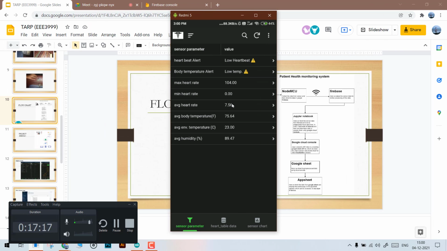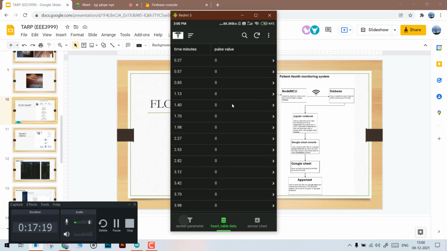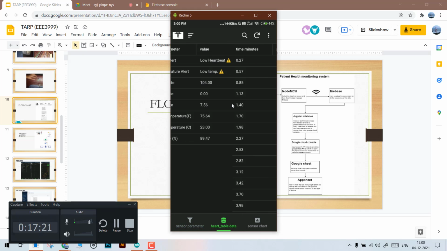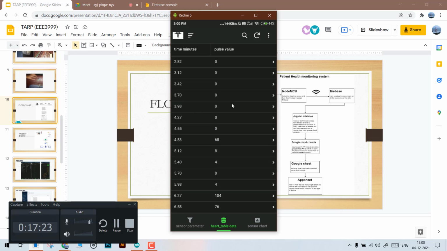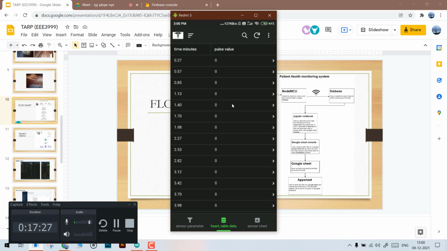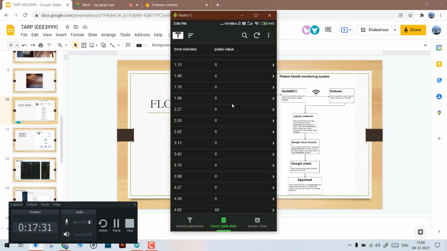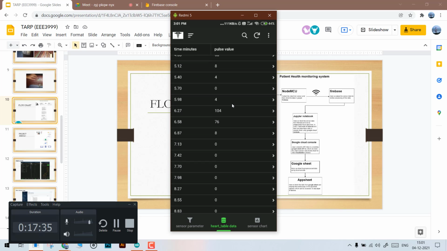And this is the sensor parameter, and this one is the pulse value, which is the time in minutes with respect to pulse value. I'm not using it at the first time, it's showing 0 and 68.0476 as I have previously recorded video I saved. It's showing here as well.